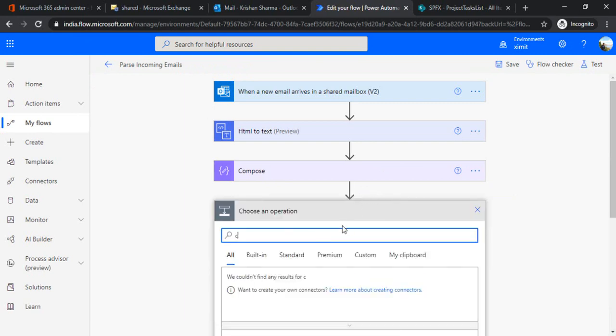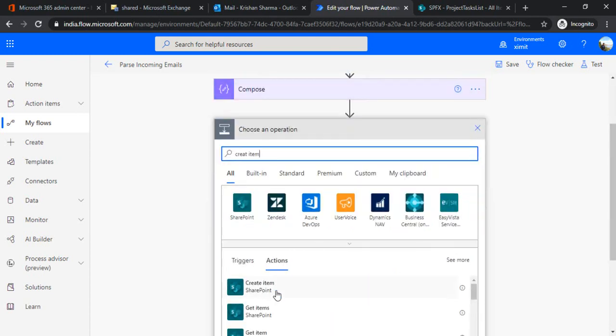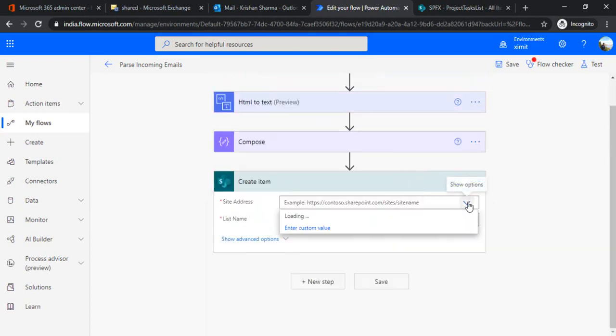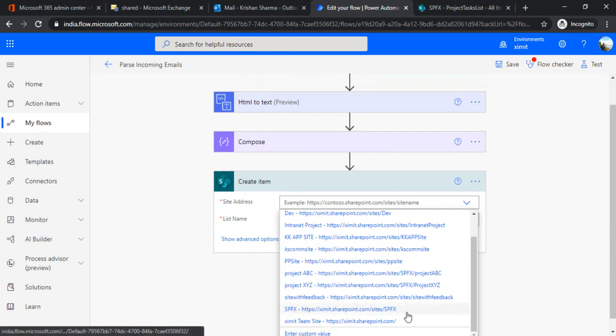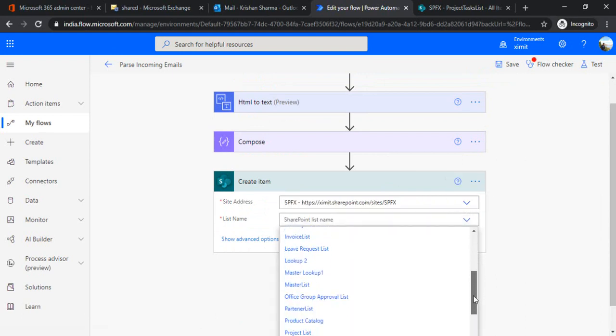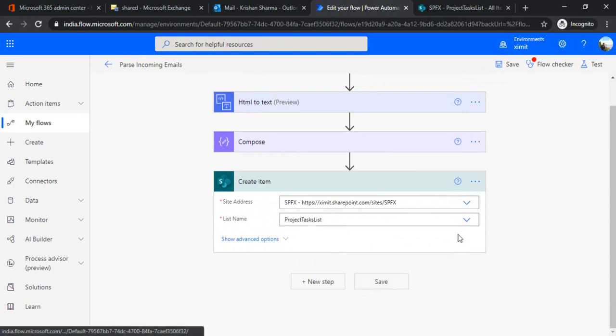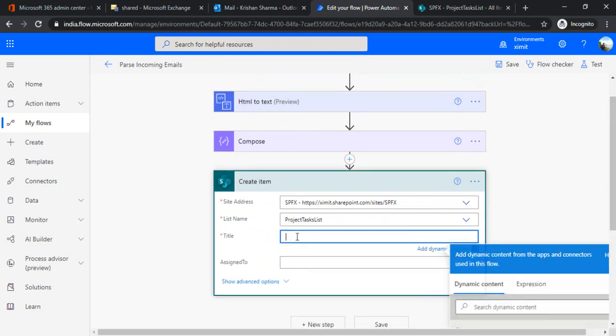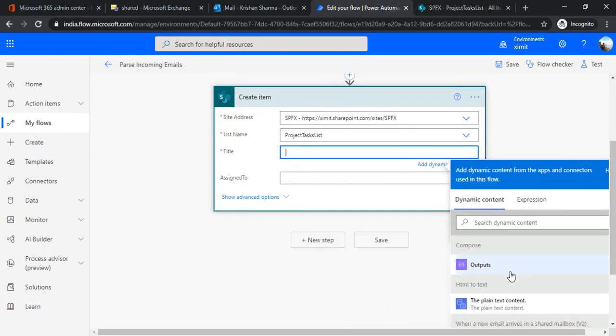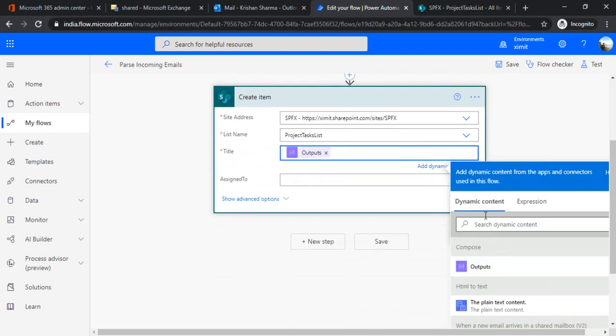So this we are going to use while creating our SharePoint list item. In the next step, I'll be creating a create item action in SharePoint, and I'll use that project task list. Under title, I'll be using the output which we got from the previous step. But how do we extract from the array? The earlier step was an array, so we have to extract the index of that array and get the value based on that index.